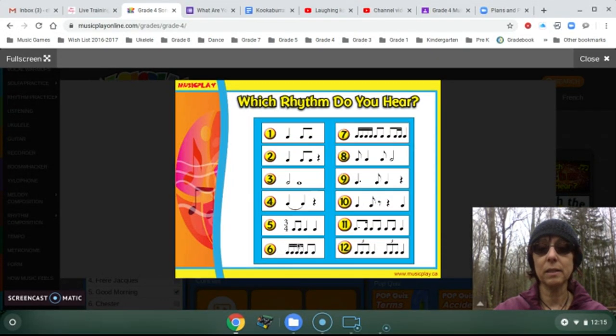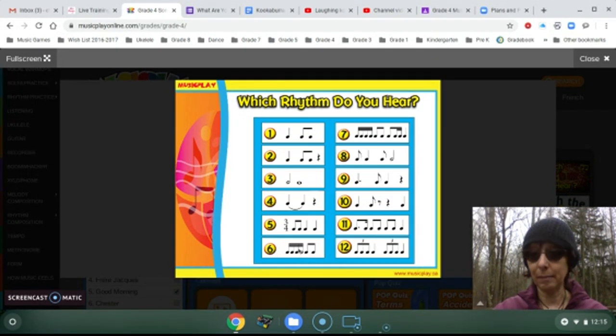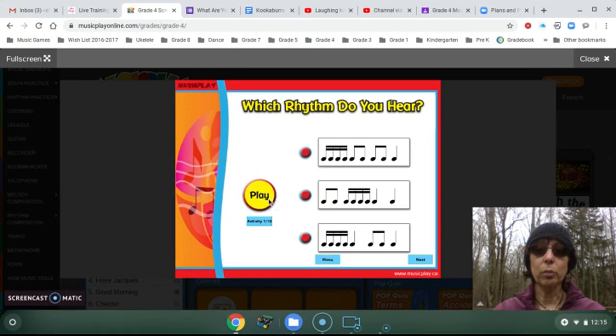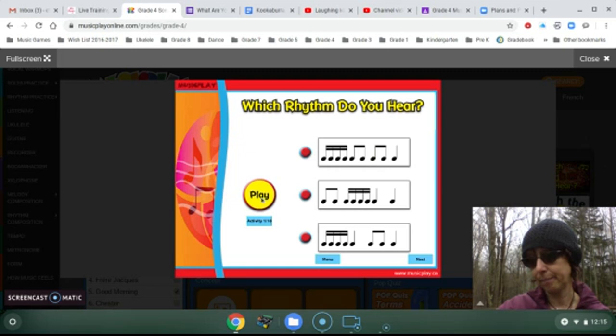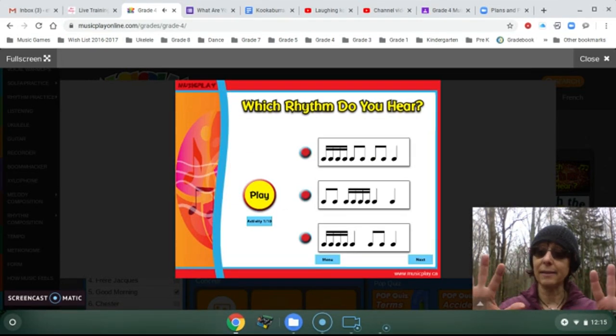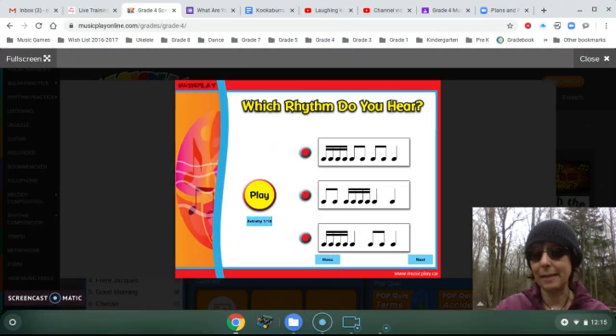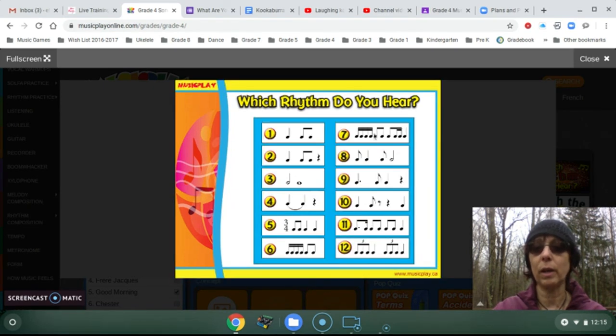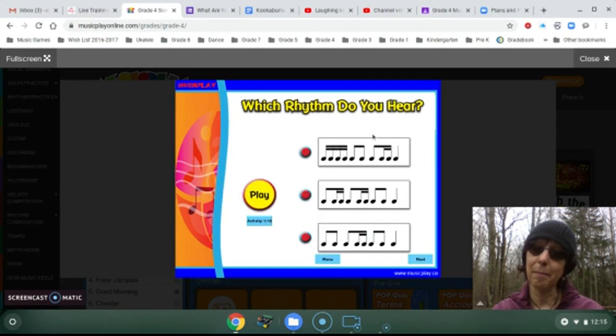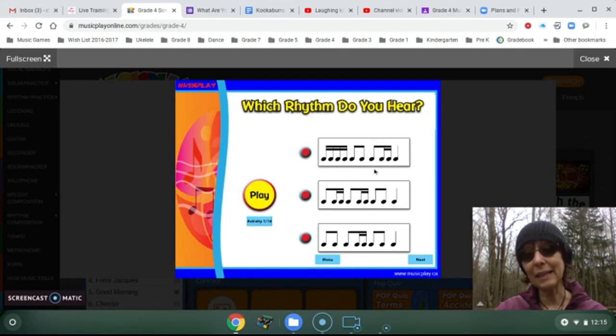So number 6 is the one that has the elements that we talked about today. So you will pick, and then you will see 3 choices. You will play a choice, and you will pick your answer. There are 10 when you are finished. And if you get it wrong, it'll just give you another chance. I'd like you to play it till you get all 10 right. You can. And then when you're finished with this, you are going to go back to the main menu and you're going to pick 7. And the only thing I have to say about that is that you will see not only a T